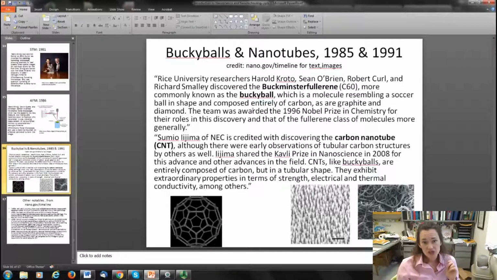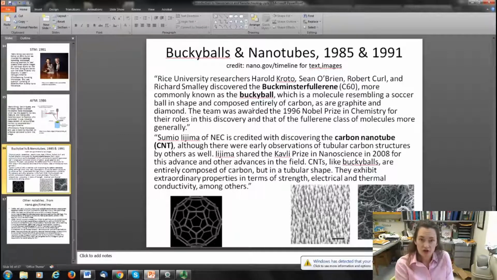Now, Sumio Iijima of NEC is actually credited with discovering carbon nanotubes. Carbon nanotubes is basically you have a sheet of graphite, which is carbon arranged in sort of a hexagonal pattern, and then you roll that sheet up into a tube. Now, there's images of what those look like, sort of a little forest of nanotubes down here at the bottom right, and some nanotube spaghetti down here at the bottom right. Iijima shared the Kavli Prize in Nanoscience in 2008 for the advance and other advances in the field. And carbon nanotubes like